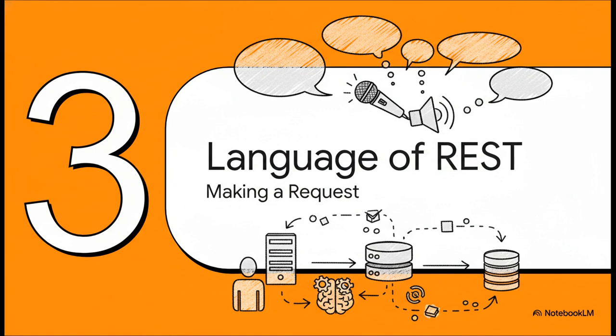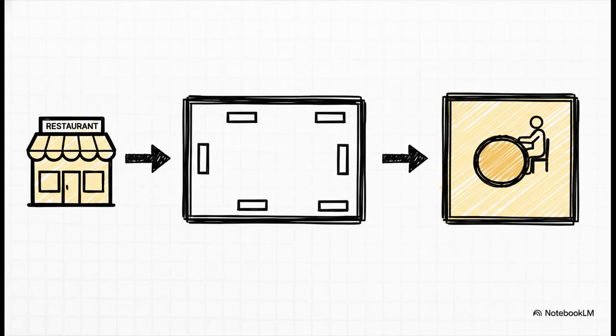All right, for this system to work, the client, that's you, needs to speak a language that the API, our waiter, can understand. So let's break down what an actual request looks like. Every single request starts with a URL, which in the API world we call an endpoint. It's basically the restaurant's address. If we look at this example here,